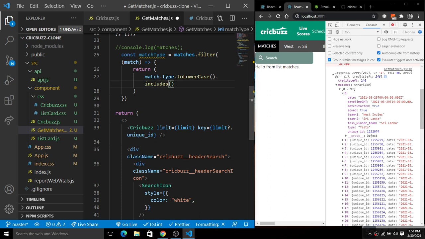So if the match type is this, or we will add these things for the team also, team1 and team2 also. So we have this match, and here instead of this we have team1, because it is an object key. If you hover on this, you will see the exact way to do this. So match.team1, and the same thing.